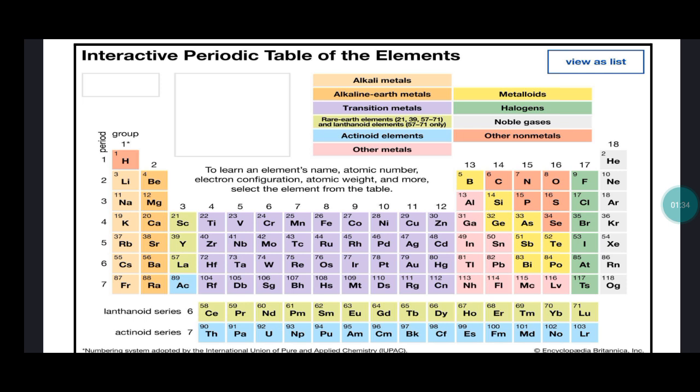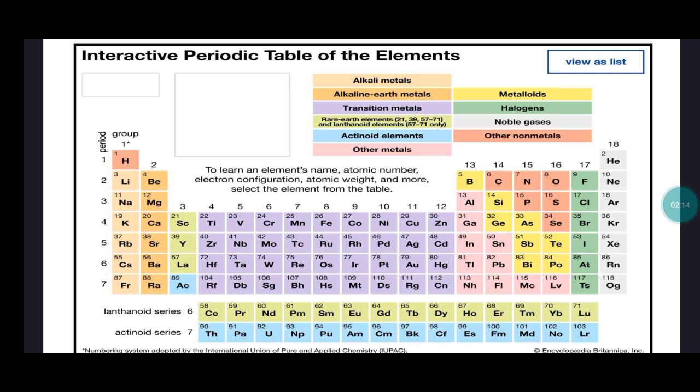If we discuss the trend of atomic radii in the periodic table, as we go from up to down, atomic radii increases, because as we go down the group, a new shell is added across each period. If the number of shells increases, then the radii also increases. And if we go from left to right, all electrons are added in the same shell, and due to nuclear attraction, the size decreases.